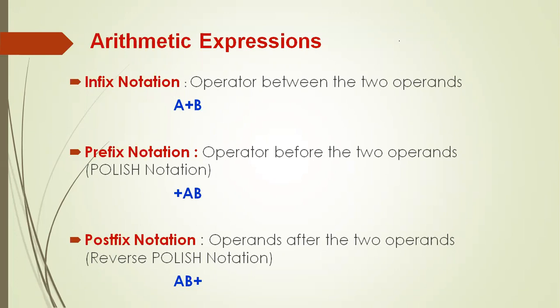A prefix notation, we also call a Polish notation, because it was invented by a Polish scientist. And if the operator is specified after the two operands, it's called a postfix notation. A postfix notation is a b plus. The first case, a plus b, is infix. Plus a b means prefix. a b plus means postfix. A postfix expression, we also call a reverse Polish notation. Prefix is Polish and postfix is reverse Polish notation.